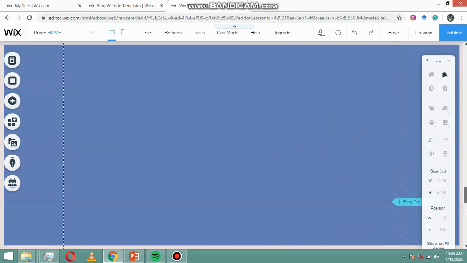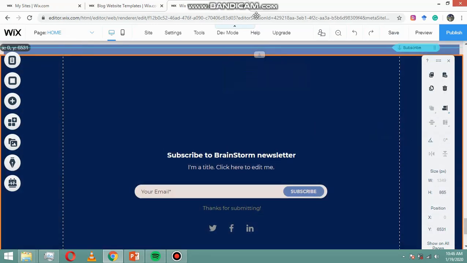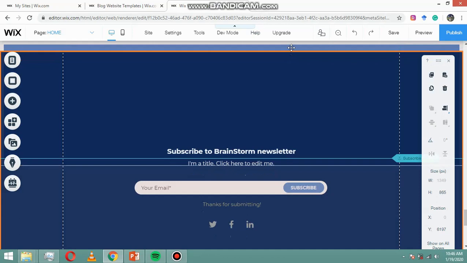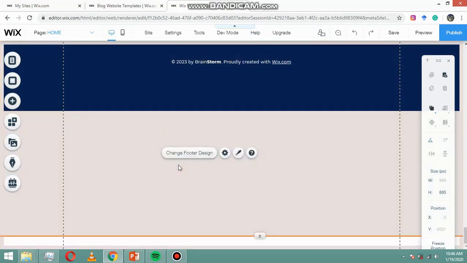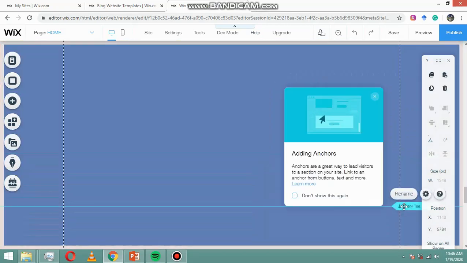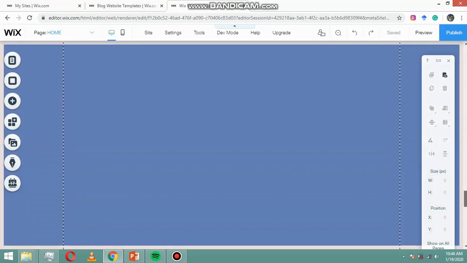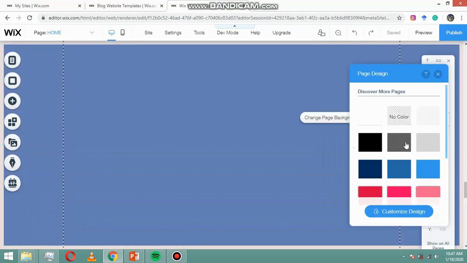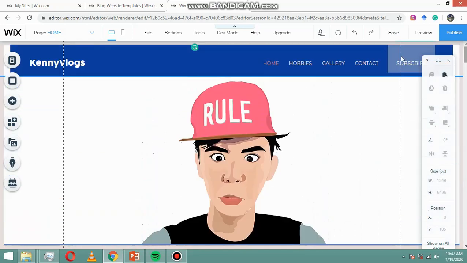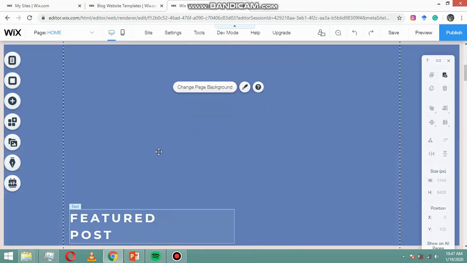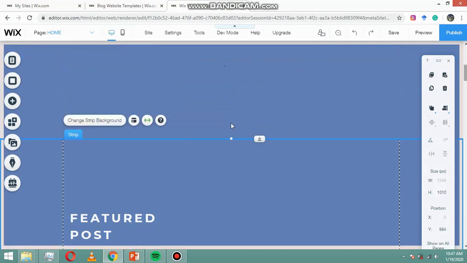So it means you're not going to deliver your user into another page. You're just going to automatically scroll it down using anchors, and we don't want that for our website. We want to use pages for now. So I'm just going to delete some elements that I might not be needing, and then I'm just going to